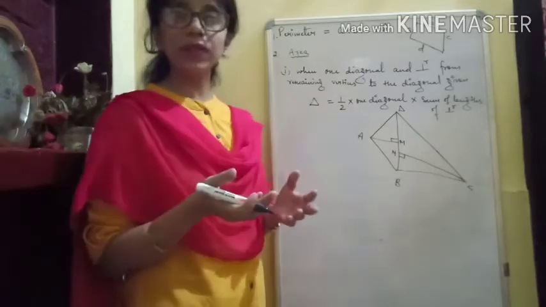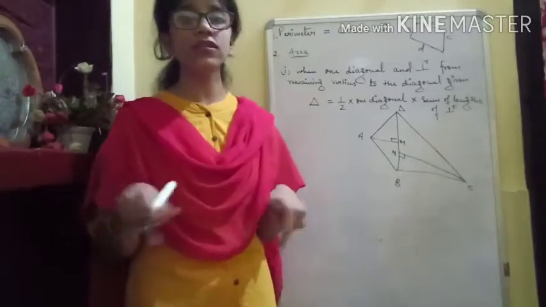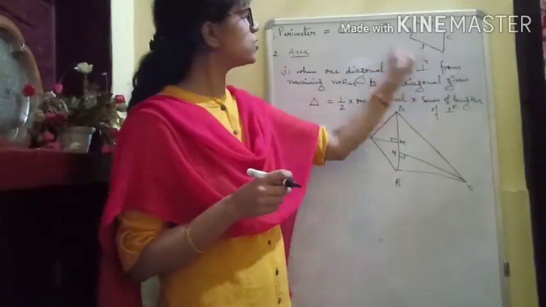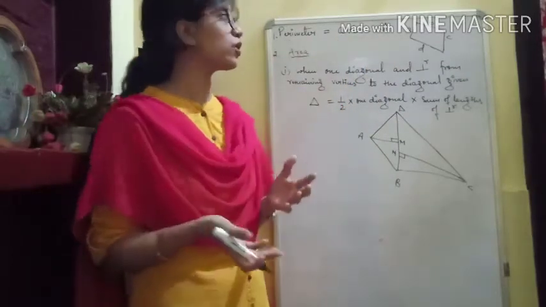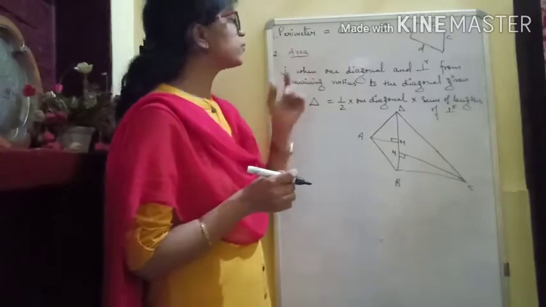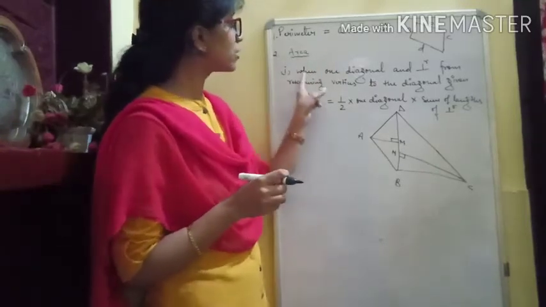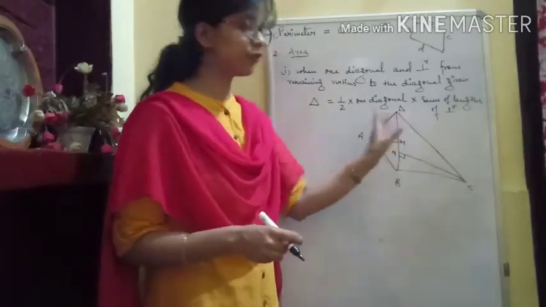The perimeter of a quadrilateral is simple. It is the length of all sides. Let's say the sides are A, B, C and D. So I take the sum of all sides and that will give you the perimeter. It is for every quadrilateral. Now let us come to area and we will see the conditions one by one. Here we have taken one quadrilateral A, B, C, D. 4 sides are there.